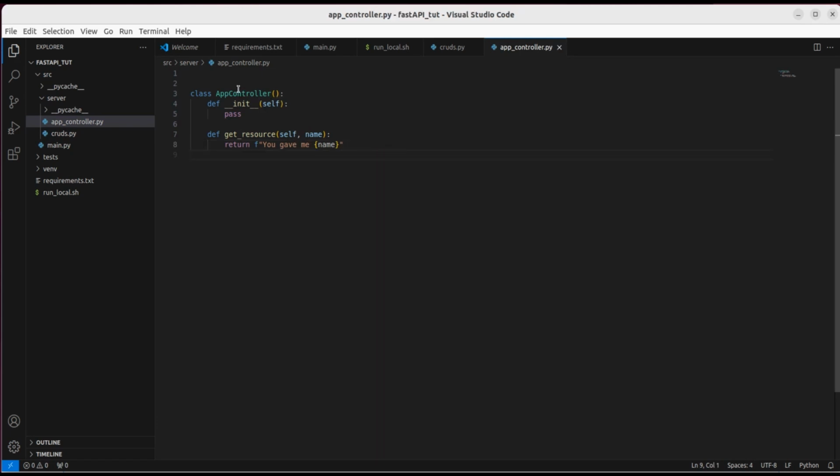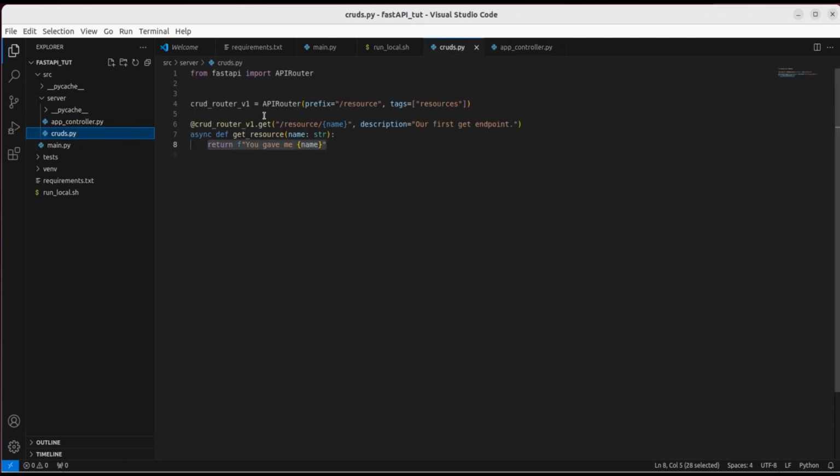This should work. And then we're going to create an instance of this controller here. So we're going to say app controller is equal to app controller. When you build apps like this, you have to be very, very mindful of state. If you have a stateful application that, for example, saves the name or something, then in that case, always use a database. Because if you go to this endpoint resource here and you put something in,